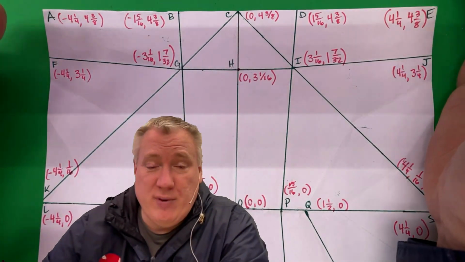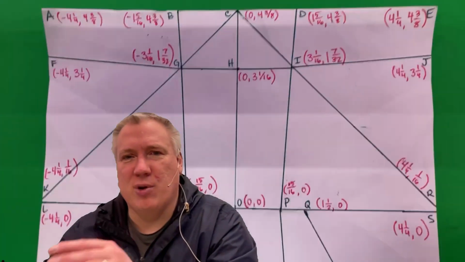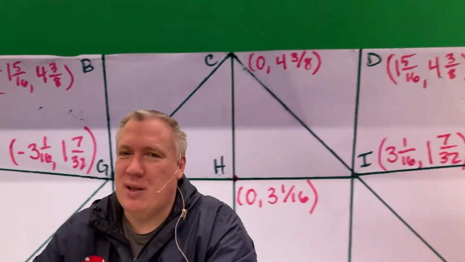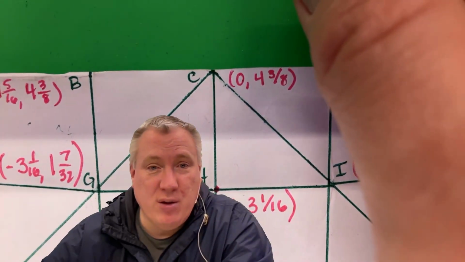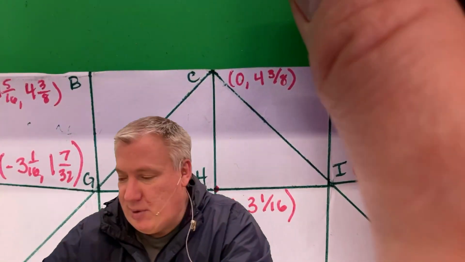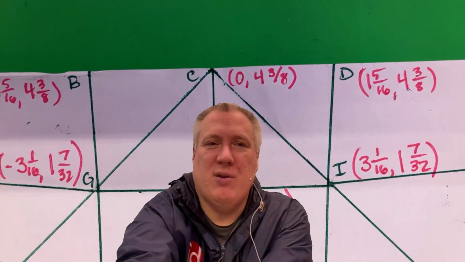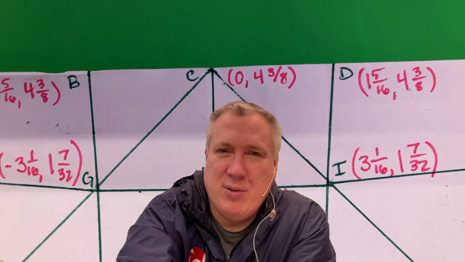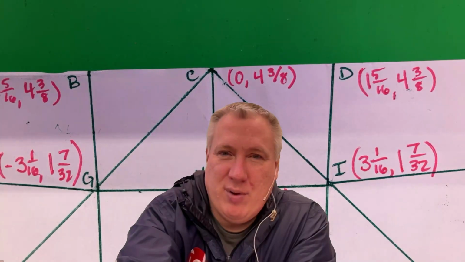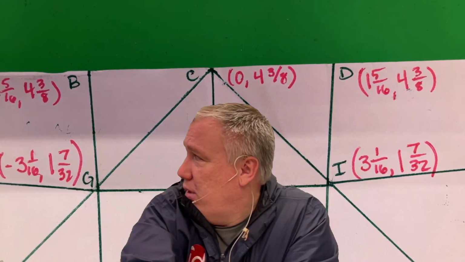To give you the gist of it, you're just going to use the slope formula again, but now we've got these mixed numbers. And that's not something you want to do on paper. And so for this reason, we're going to move to Desmos. But in order to do this right, I'm going to try to see if I can do a split screen here to help us so you can see what I'm doing on the paper and also what I'm doing on